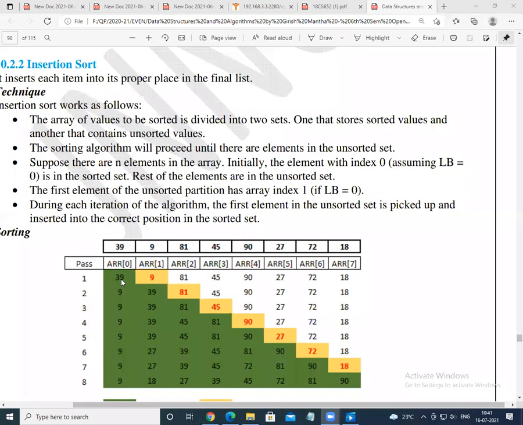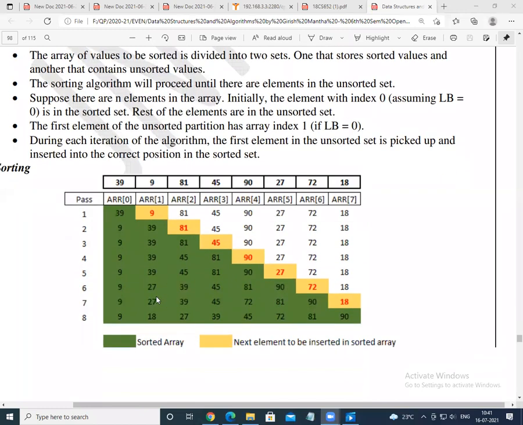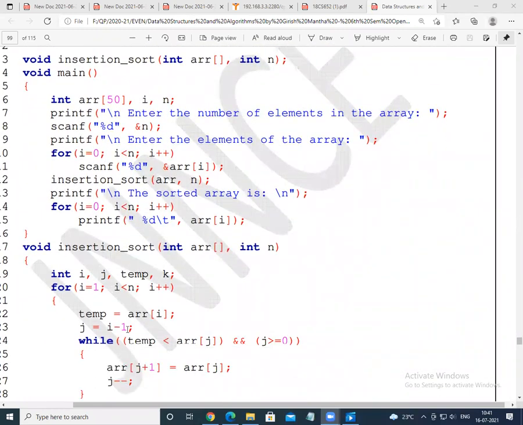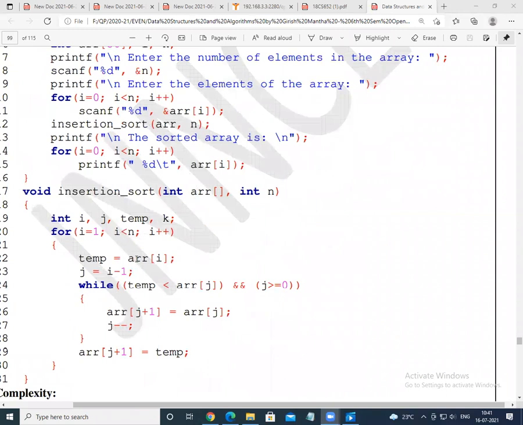For the first iteration, a of 0 is 39, right? 39 is fixed up. Then it will move to the next iteration, and it will store that.